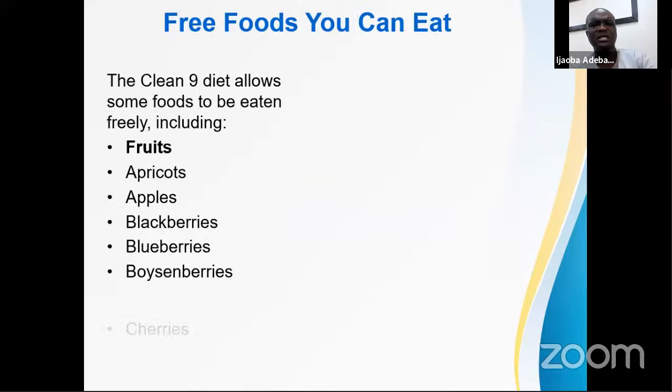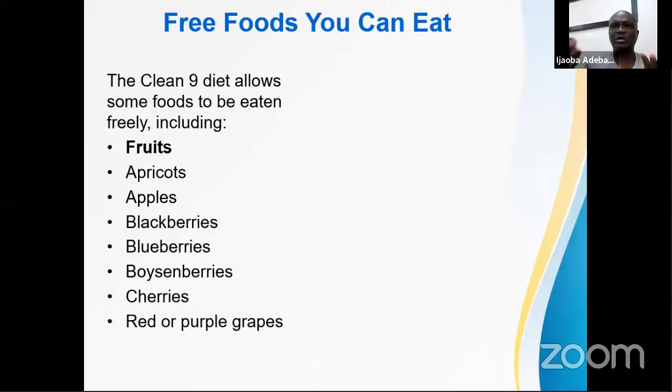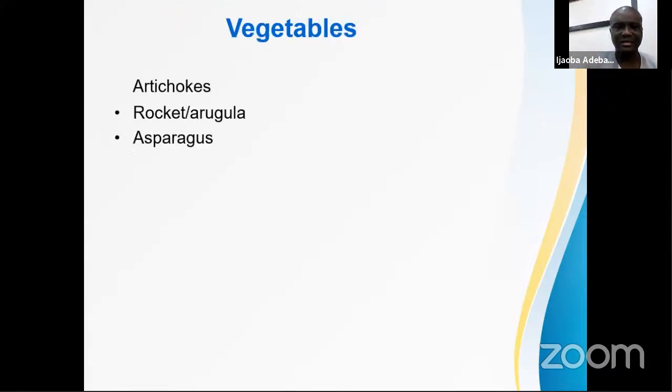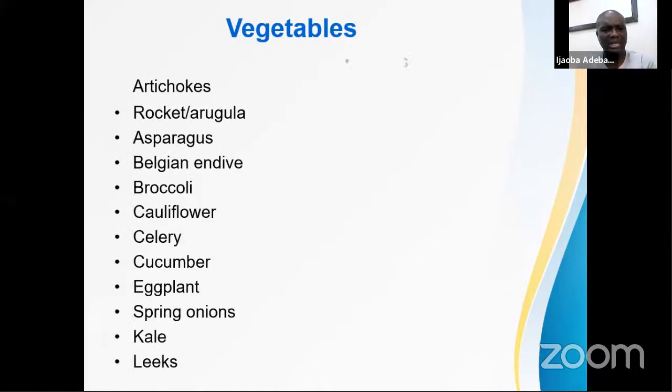So let's go back to the free food. Free food simply means these are fruits you can indulge in while taking your C9. You can just get, let's say, the berry. You can see agbalumo. You know what they call agbalumo? The African cherry. You can suck it while you are doing C9. It's allowed. That's why they call it free food. You can just see cucumber, just a little you can take. It's allowed. You can see broccoli, you can take. It's allowed. That one is clear. A 65-year-old or 62-year-old can do C9.